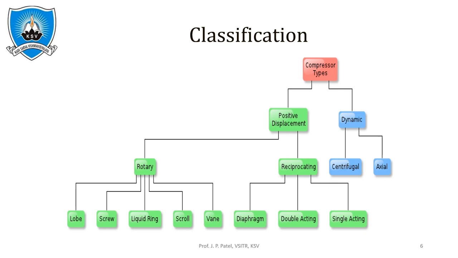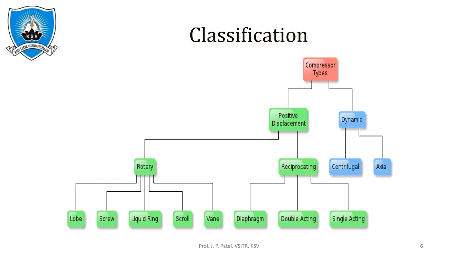Let's go to the classification of compressors. Mainly it is classified by working principle. The first working principle is the positive displacement compressor, and the second one is the dynamic compressor. Positive displacement means that the volume of fluid is changed due to the change in displacement of a piston cylinder or any mechanism, so that, as we know from the gas laws, if the volume is decreased, pressure is going to increase. So this one we call a positive displacement compressor.